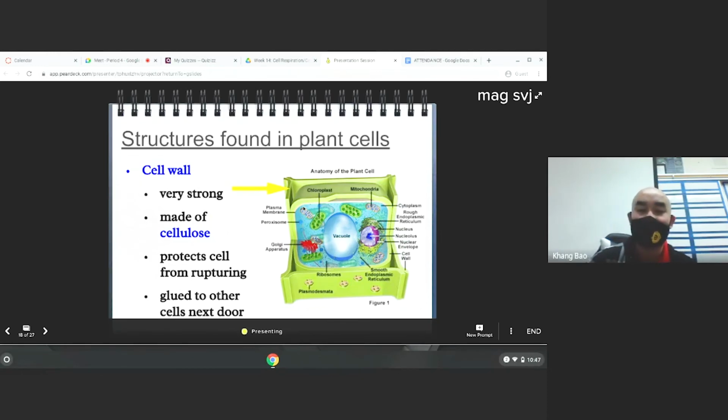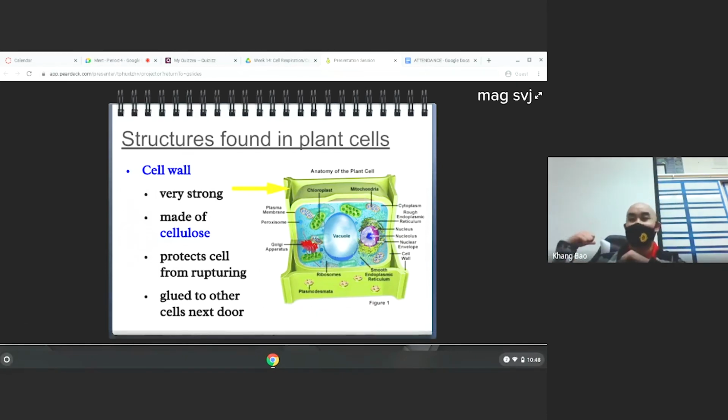But plants have an additional wall to give them support, like an armor, right? That is why plant cells, when you look under the microscope, look like a box, because they have a wall. The wall allows them to have additional defense. This is why we can take a baseball bat outside and hit a tree. The tree doesn't die right away, right? And you can't do that to an animal, right? Because the tree